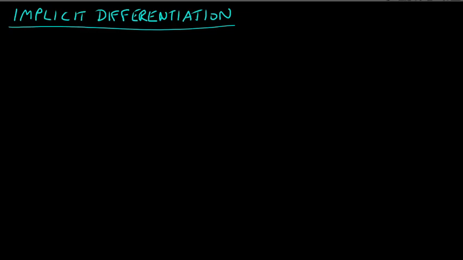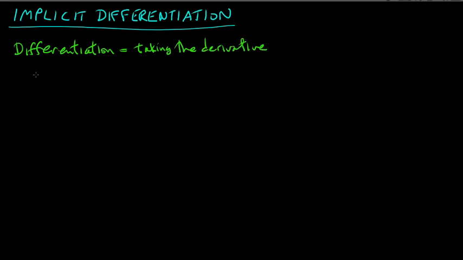Okay, next section, 2.5, I think, implicit differentiation. So first of all, what do these words mean? Differentiation, that's a long word, but it just means the process of taking the derivative. Some books will actually use that word instead of saying find the derivative,